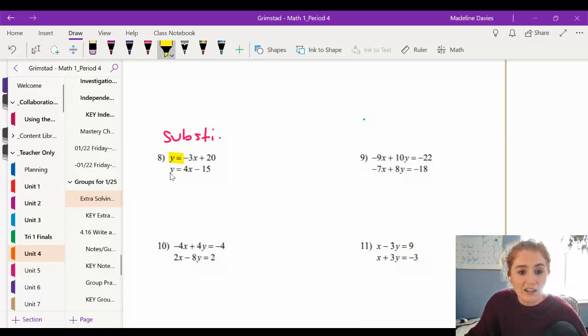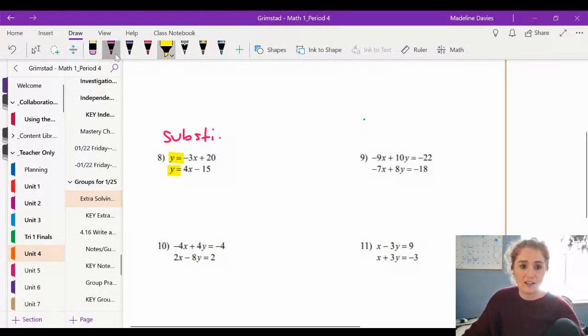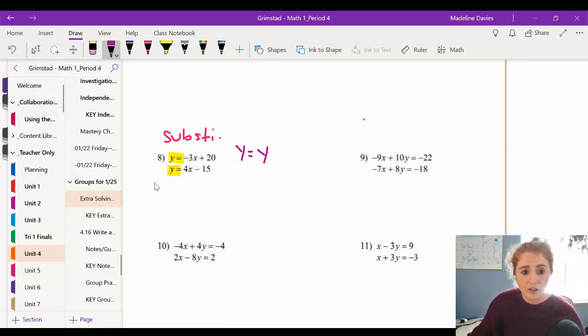And we know 2 pieces of information. We know that y is equal to negative 3x plus 20, and y is also equal to 4x minus 15. And if you think about that, if I have 2 things that are equal to each other, I have y equals y. That makes sense. 1 equals 1, 2 equals 2. Well, in this case, if I know 2 things that y is equal to, I can actually just set them equal to each other. So in this case, I'm going to do negative 3x plus 20